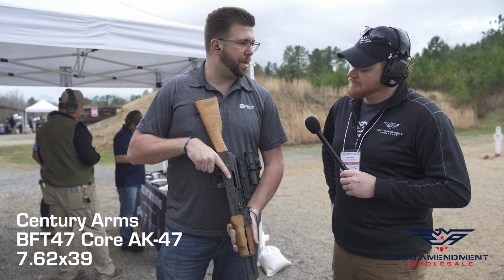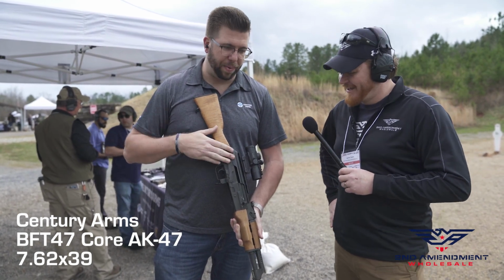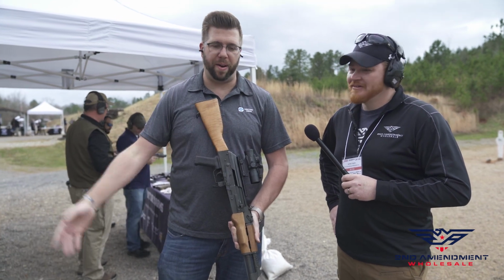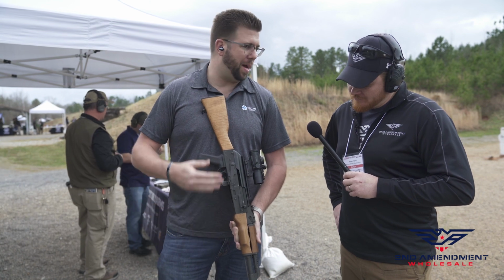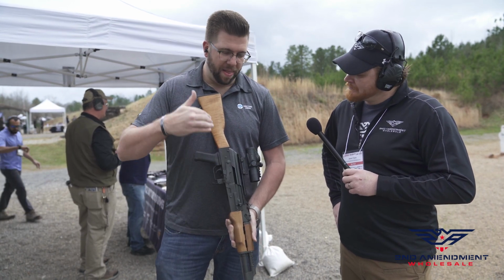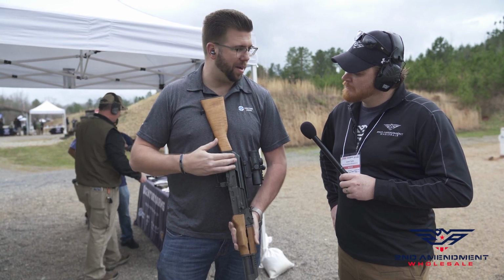So it just keeps going. That's it? It's really that simple. He only needed one. I mean, it really is that simple. There are so many different versions of ammo out there, so many different torture tests that you can put guns through. And the fact of the matter is that this gun, with a completely hodgepodge of ammo, 10,000 rounds deep,